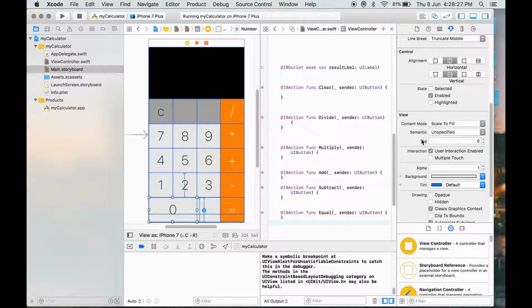Under view, you will see the tag option over here. The default tag is 0, that is for the view controller, so I will not use the tag 0. You can use any other number other than 0. So let's say I'm giving it as 1. Then let's keep giving the tags to all our numbers so that we can use just one single connection. So 2, and just keep giving the tags. 3,